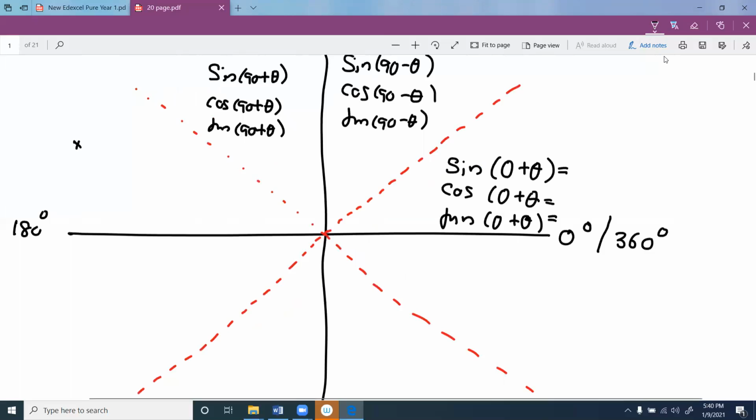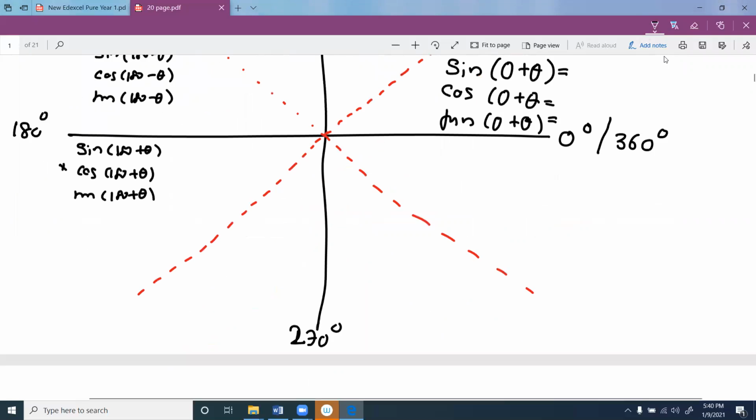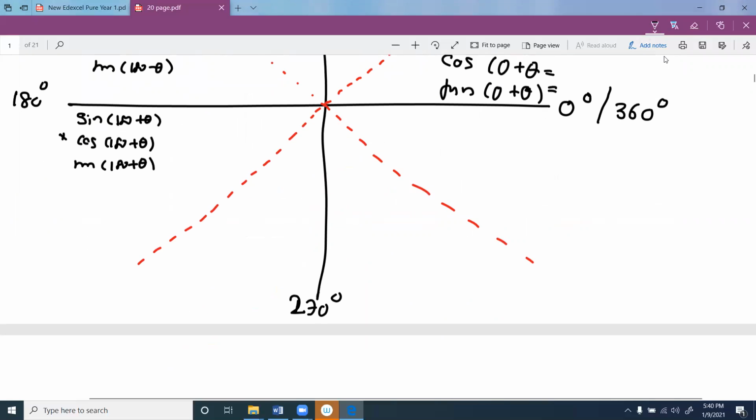If you measure an angle over here, this part, I just expand it a little bit. This one you can say sine 180 minus theta, cos 180 minus theta, tan 180 minus theta, right? Then if you come up with an angle over here, this is 180 plus. If you mark an angle over this segment, you can say this is sine 180 plus theta. This is cos 180 plus theta. This is tan 180 plus theta. Then if you mark an angle over here, this is less than 270, over this segment. So you can say